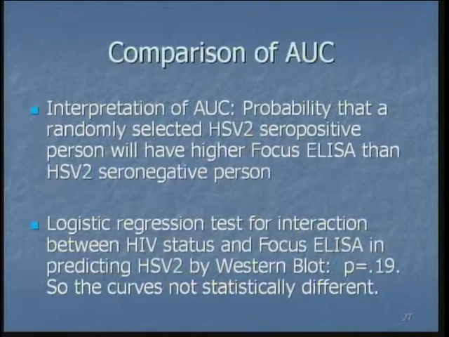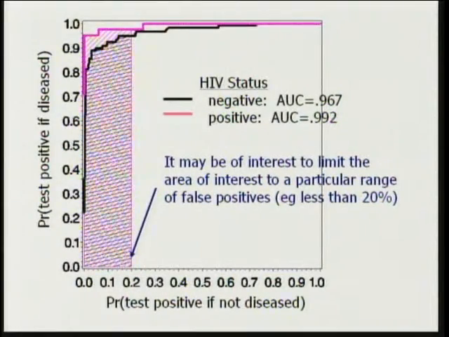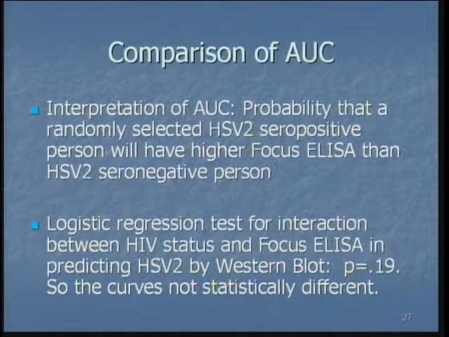It tells you the probability that a person who is truly HSV2 seropositive will have a marker value or a focus ELISA that's higher than someone who's truly not diseased, HSV2 seronegative. And if you go back, these are some pretty impressive probabilities, actually. 99% of the time, an HIV positive person, their focus value among HSV2 seropositives will be above those who are HSV2 seronegative. 97% of the time, it's true in HIV negatives as well. But we can test whether